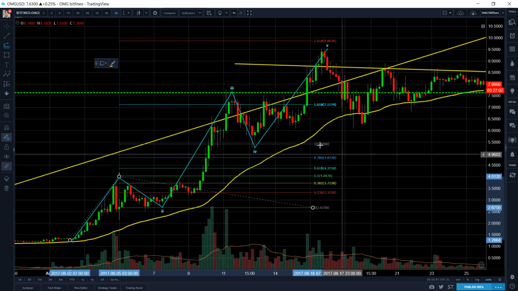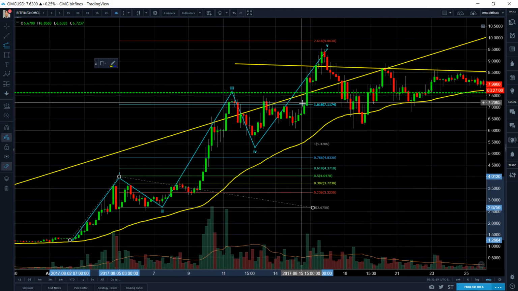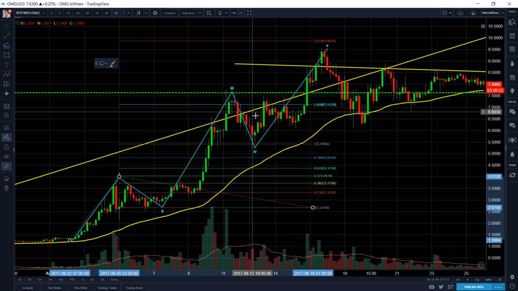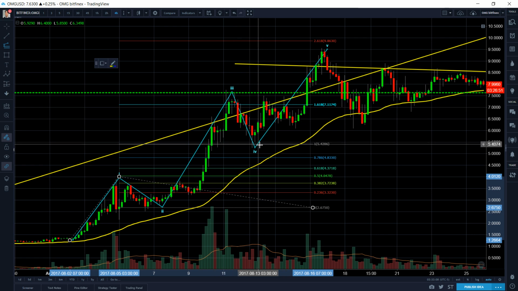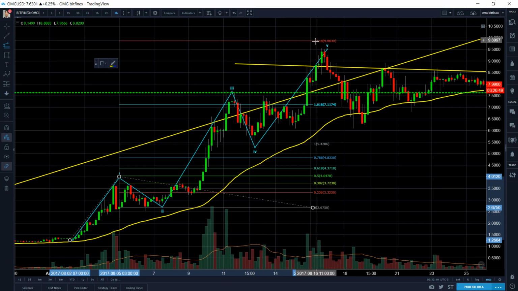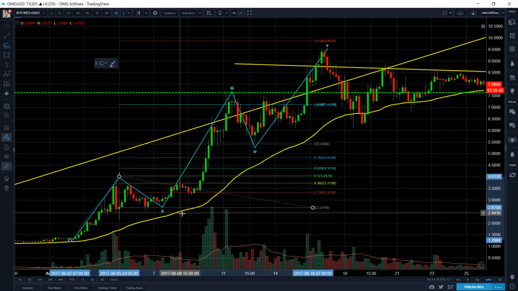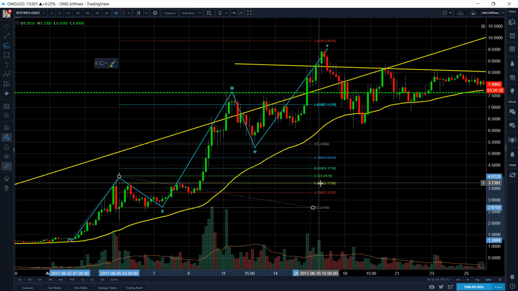Is that kind of magic how it was targeting 1.618 and it pretty much hit it? And then right after it hit it, it was struggling to get higher than it, and it fell back down to the 1 level. And then after that, it tried to shoot for the 2.618 level, but it just couldn't do it, right? So these are ideas, just small ideas of how we can use trend-based Fibonacci extensions to target